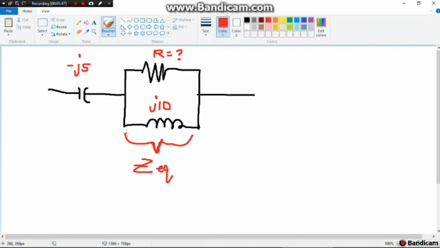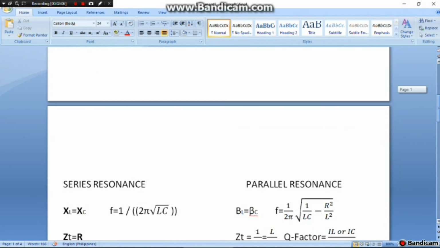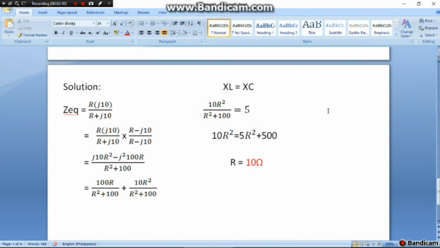Then, the problem wants to find the R at which the power factor of this given circuit would be unity. So let's go to our solution. In finding the total impedance of the parallel branch, this is the formula. For a parallel circuit which has two components, the formula is: